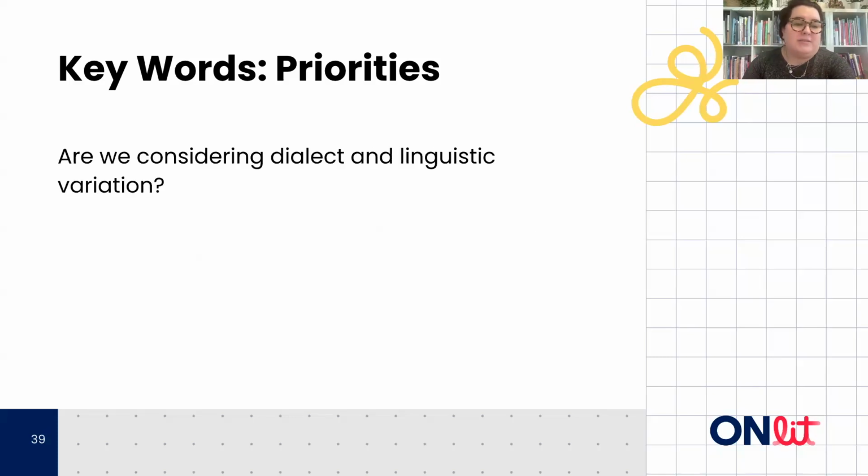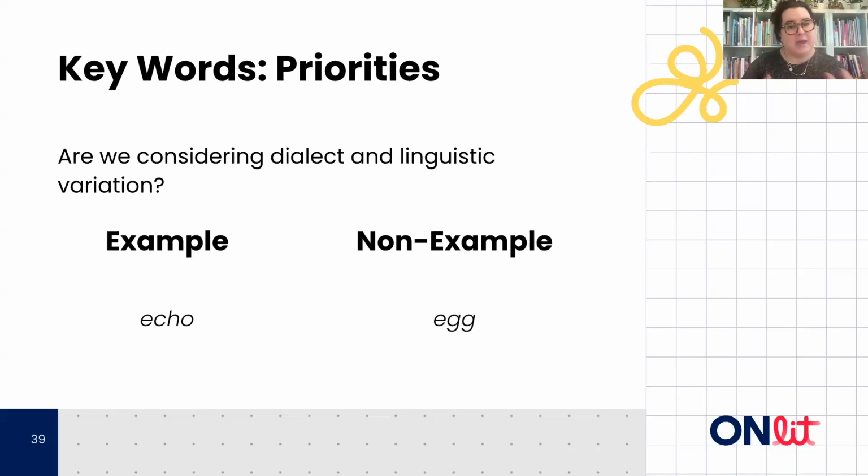We wanted to make sure we were considering dialect and linguistic variation, recognizing that our mandate is Ontario, and even within Ontario, there's incredible diversity in linguistic variation, right? Recognizing that oftentimes the way you pronounce things is related to where you live or your culture and your identity, and that's a good thing. It's not an error, it's not a problem, it's a good thing, and we wanted to be mindful of that. So for example, we chose echo for short E instead of egg, because depending on where you live, you might pronounce that as egg, which again is not an error. It's just something we wanted to be as close as possible.